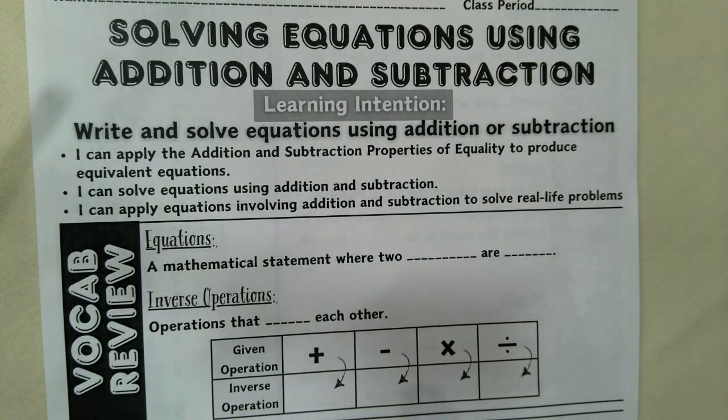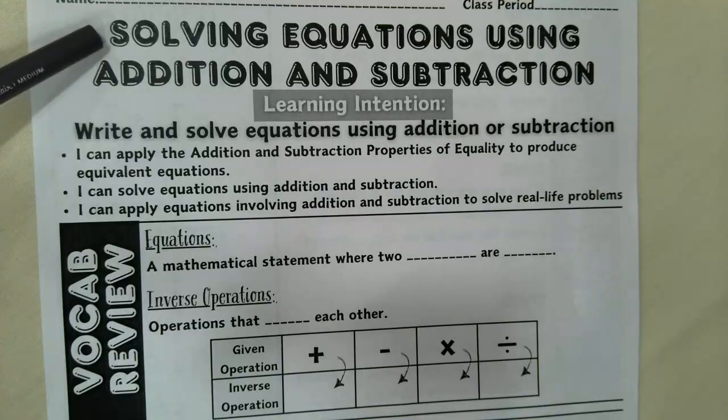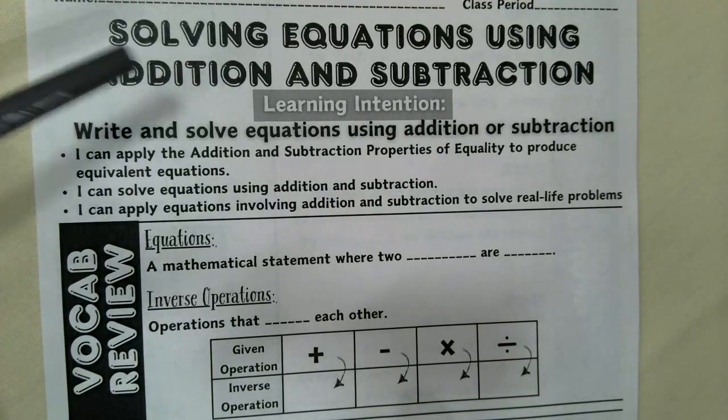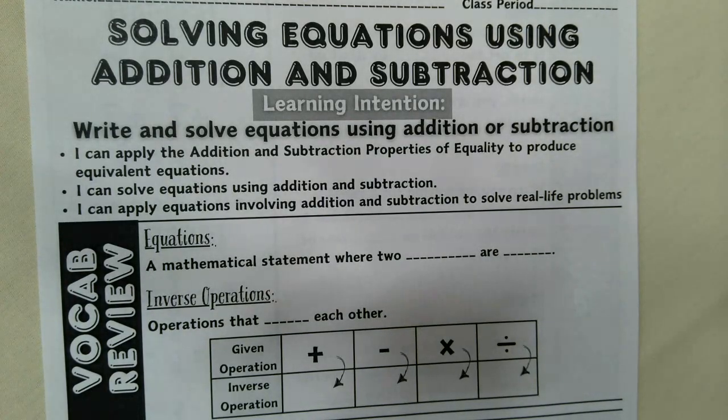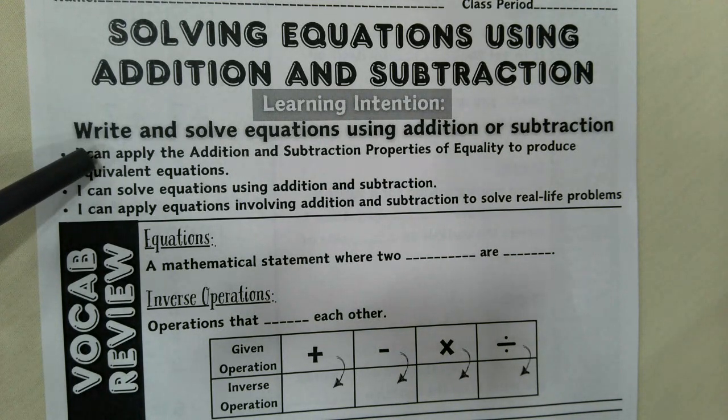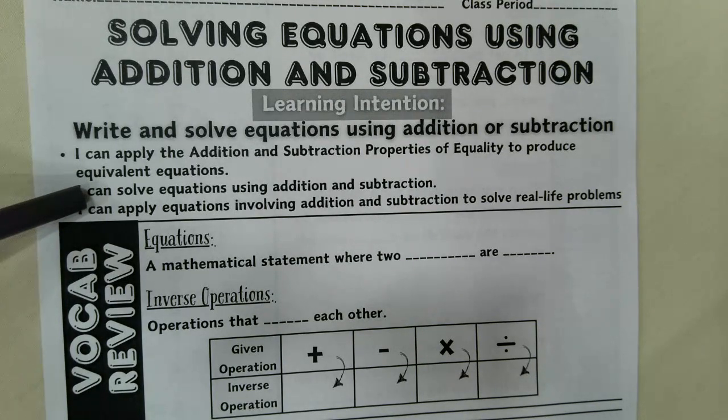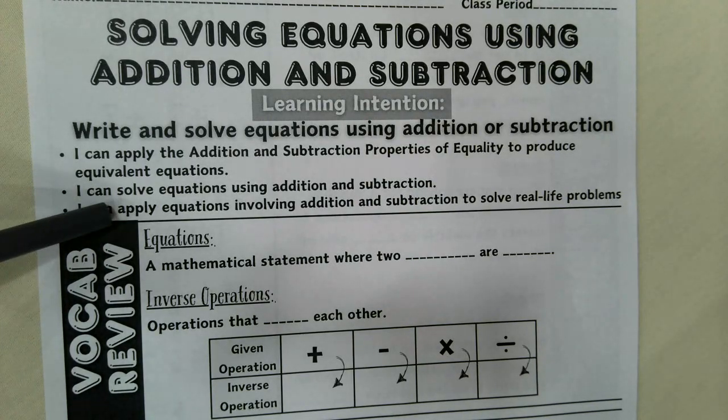So this is Unit 4, and you'll be solving equations using addition and subtraction. Your learning intention is to be able to write and solve equations using addition or subtraction. You'll know that you are successful when you can apply the addition and subtraction properties of equality to produce equivalent equations. You can solve equations using addition and subtraction, and you can apply equations involving addition and subtraction to solve